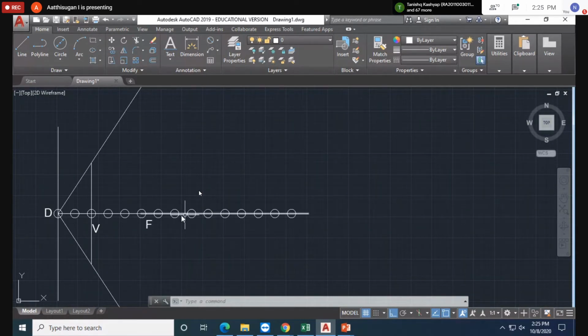I'm marking my distance as 100 mm. You can draw your 200 also. You have to draw the parabola for some distance. You can draw up to 50 or 100 also, but I did up to here. That's not mandatory. You can draw some distance. I'm taking 100 mm. You can take 200, 150, or 50 also.